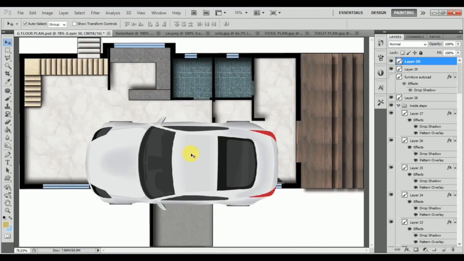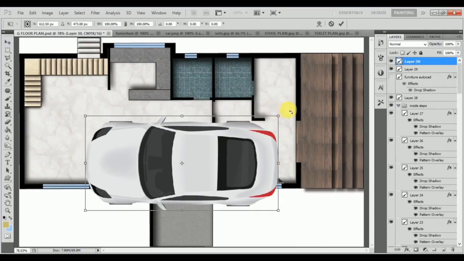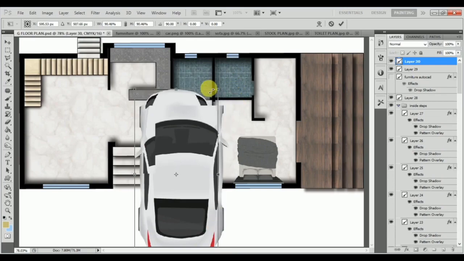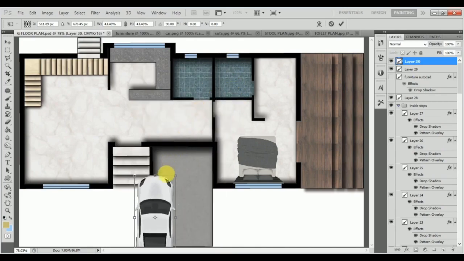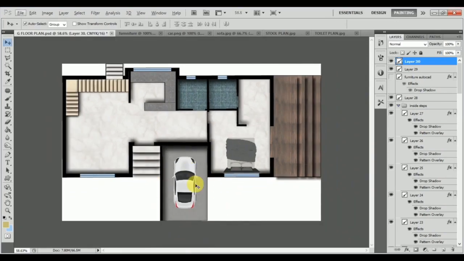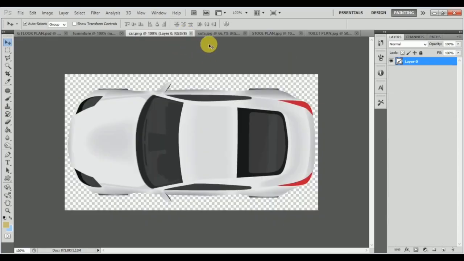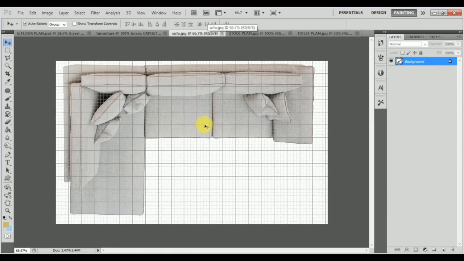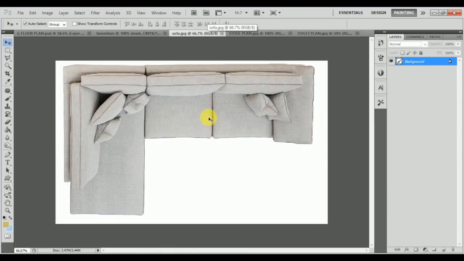Now once we're done with this, we can press Ctrl T and I can rotate this like this, and I can again press Shift and scale this down, and we can move this from here into the garage area over here, and I can press Enter. So this is basically how we'll be placing our car as well, and we can simply go ahead and close this car now. Similarly, I'll open up sofa, and once we're done with this, guys, we can